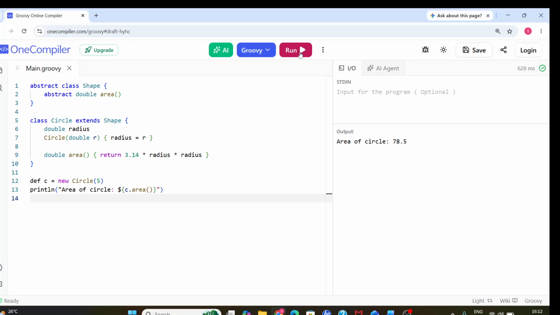Students only see what's necessary, the concept of area, without worrying about the internal details. So here abstract class Shape is abstract, meaning incomplete design, and the class Circle extends Shape and provides the actual formula. Then new Circle creates a circle with the radius 5, and c.area means calculate the area. So we use abstraction to hide unnecessary details and use an abstract class to define what should exist but